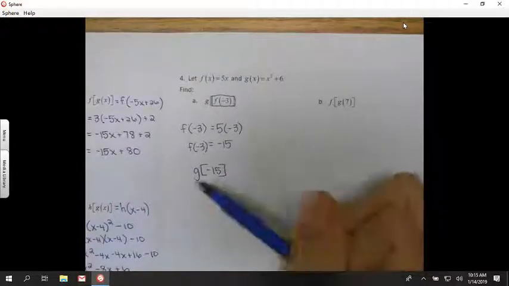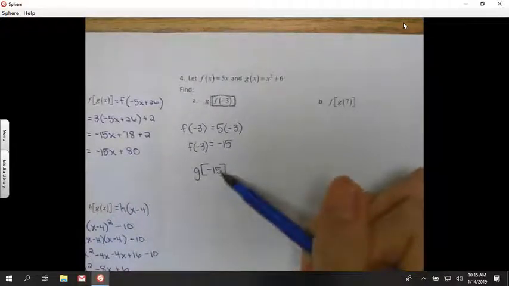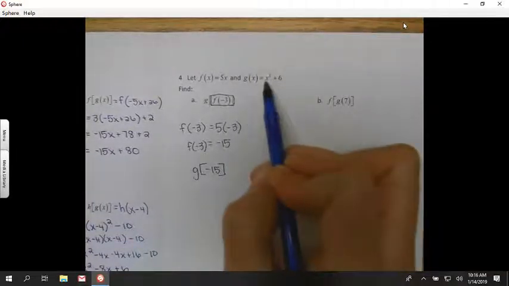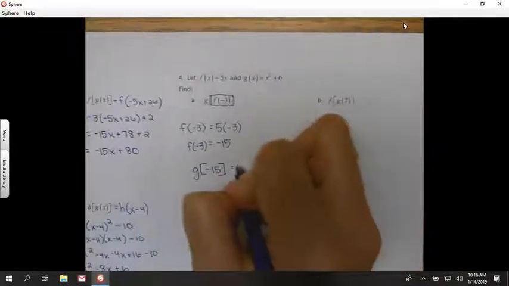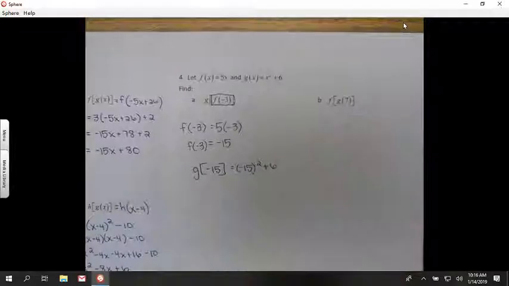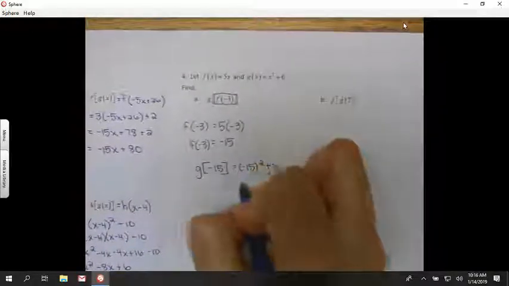So now I have g of negative 15. Well, that's telling me go to my function g, and anywhere that there's an x, replace it with negative 15. Okay. So then I'm going to actually square my negative 15, and remember it's a negative 15 times a negative 15, so I get a positive 225